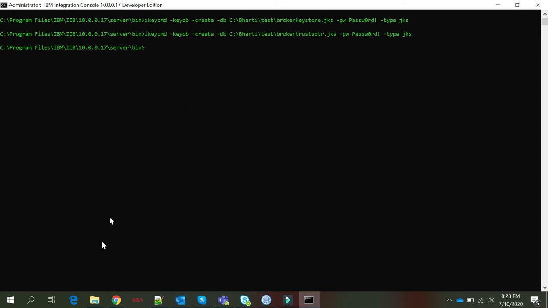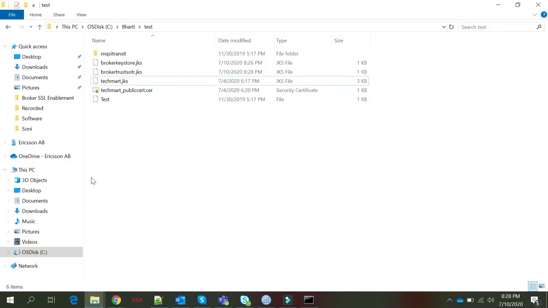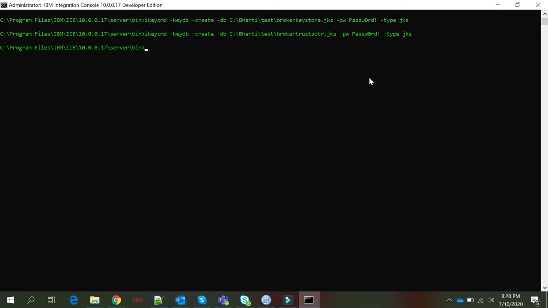So we can see here the trust store key also, which I created here, which is also created. So now let me create the certificate also. So ikeycmd -cert. We are creating a certificate. So here I give -cert, then -db, then give the path where we have to create it, where we will give this key store path,